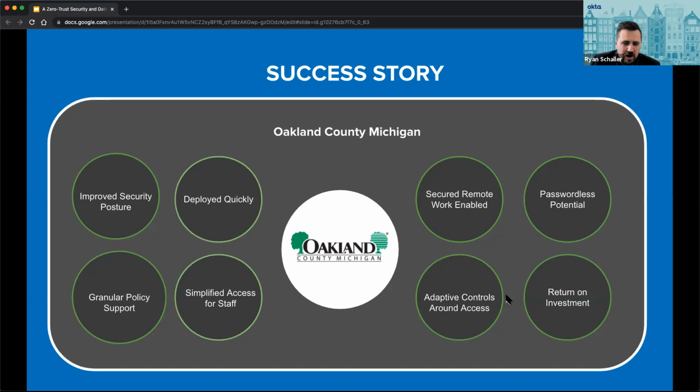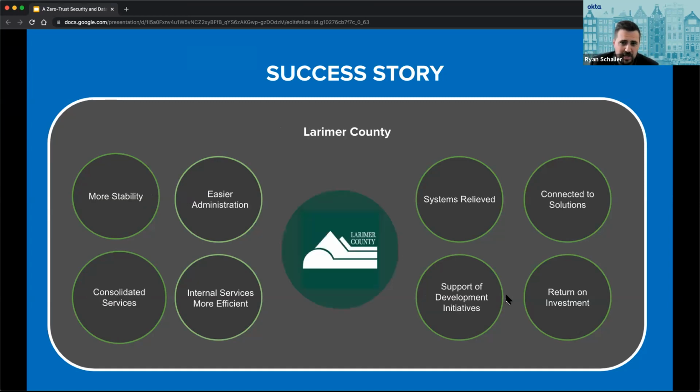So for your systems that are highly sensitive, like if Oakland has highly sensitive systems that have resident data, you might want to put those granular policies on them. This is the kind of thing they needed: to be able to put granular policies on top of anybody accessing any of the systems and adapt to wherever they might roam. So again, having that zero trust mentality in mind.